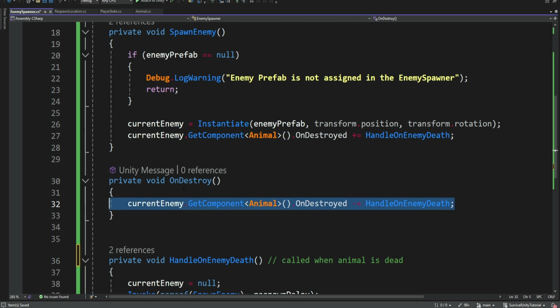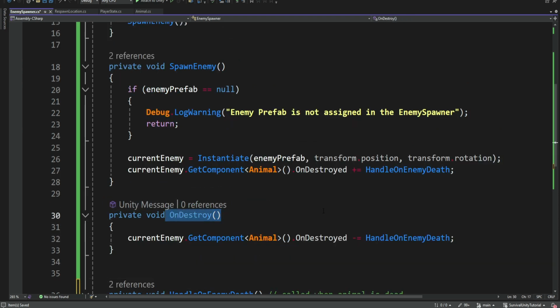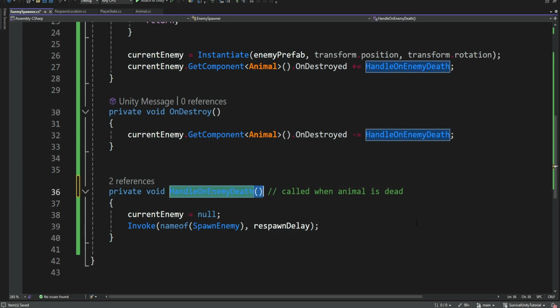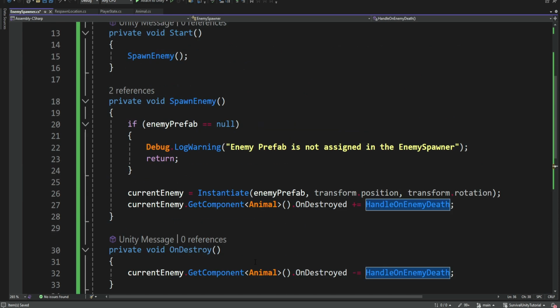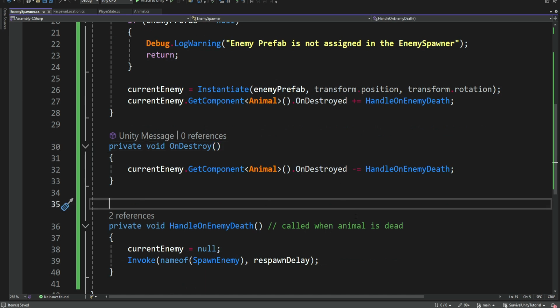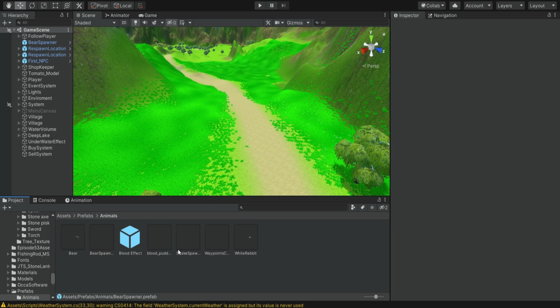But if we place it inside the onDestroy over here, then this will happen before this, and it will basically unsubscribe before the animal is dead, and then it's not going to try to call this event, even though the enemy is dead. So these are small things that you can do just so you don't get these errors,